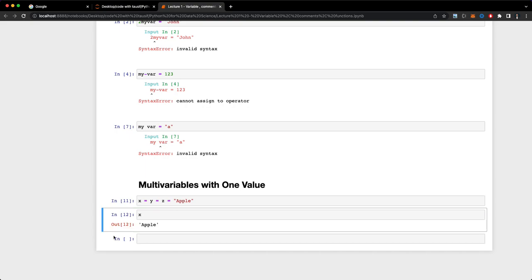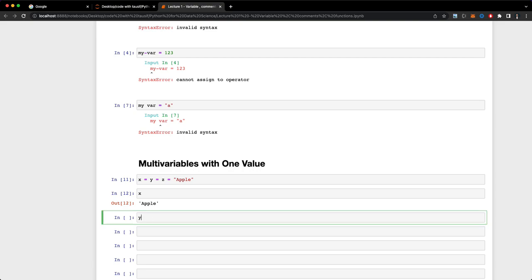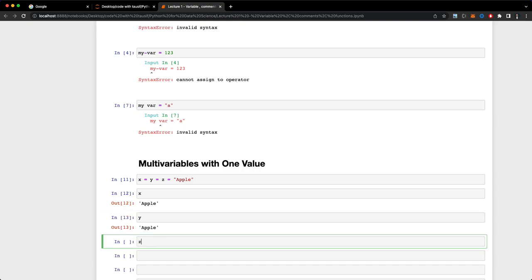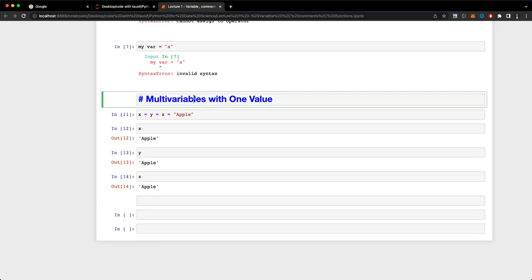Let's try it out. So if we print x, similarly if we try to print y and then print z, then we can see that x, y, and z have the same value, apple. Let's try one more thing that we have. If we have